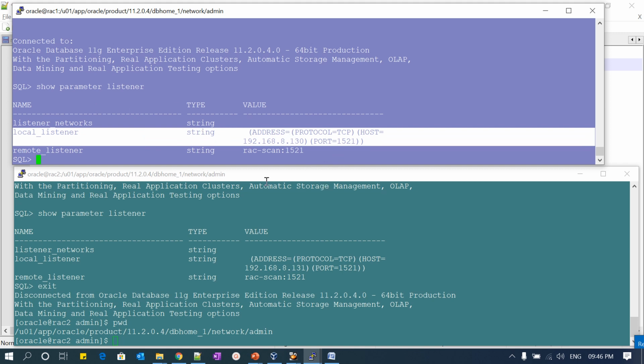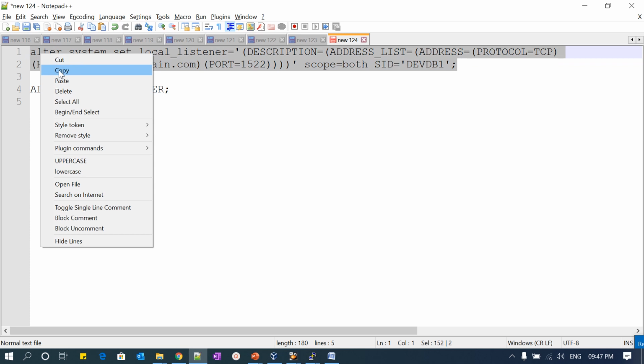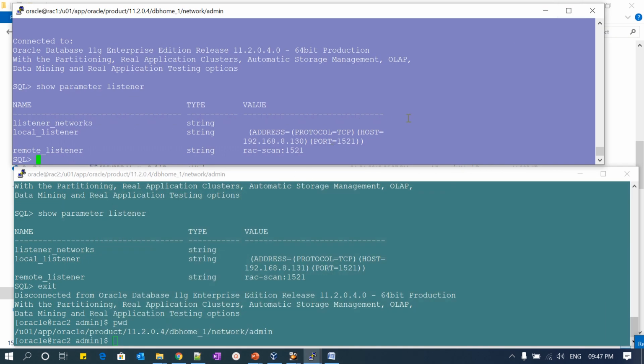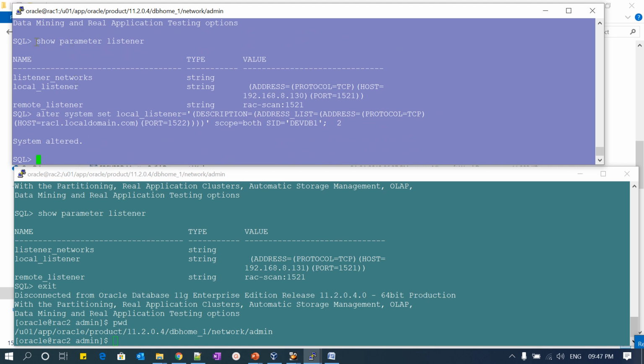To change this local listener connection, there's an alter system command. The alter system command is: alter system set local_listener equal to address, that is TCP, host name, and then the port, and scope equal to both, SID devdb1. So I'm running this command here. So system is altered.